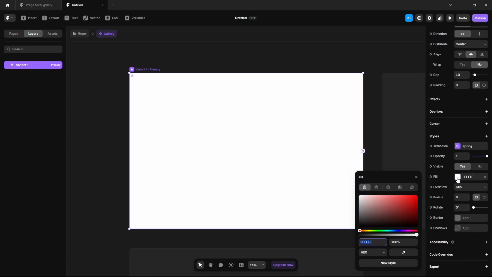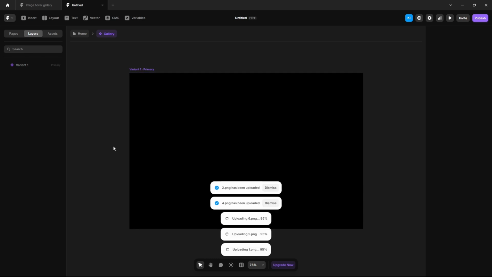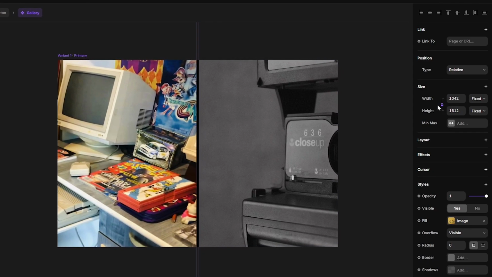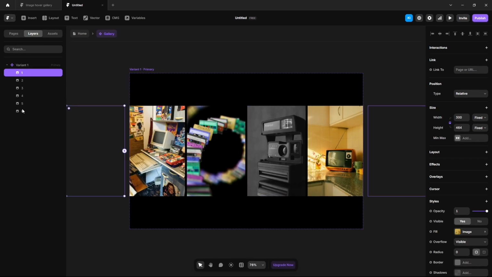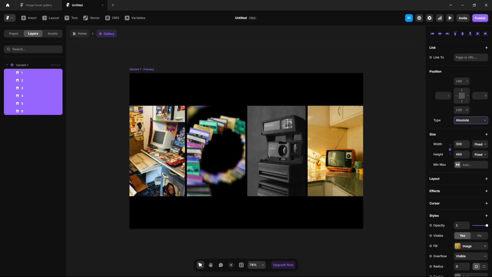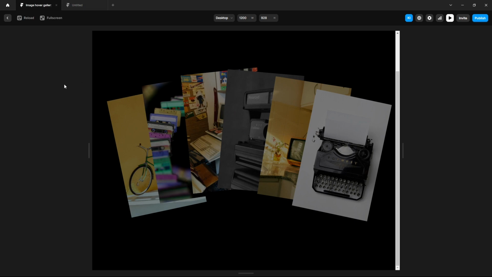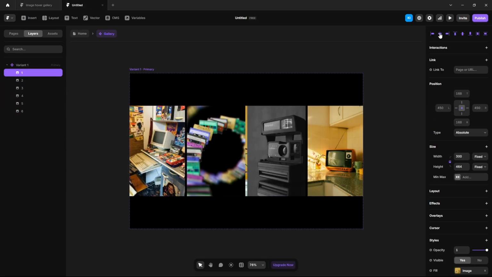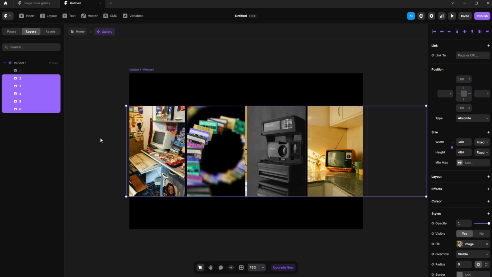Scroll down, change the fill color to black and now upload our images. Select all, lock the aspect ratio if you haven't already, then set the width to 300 pixels. Again select all, position it absolute and position them like this. To do this, select our first image, align it center, then we can set the rest of the images' visibility